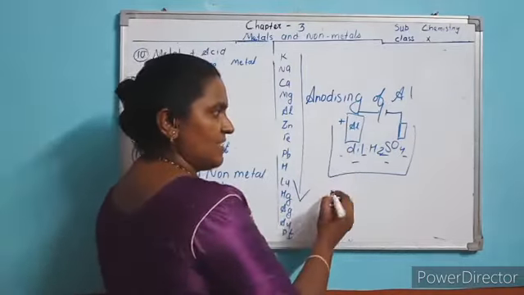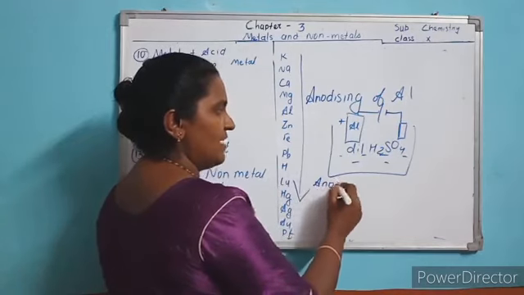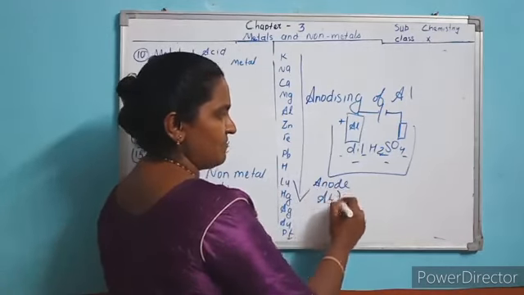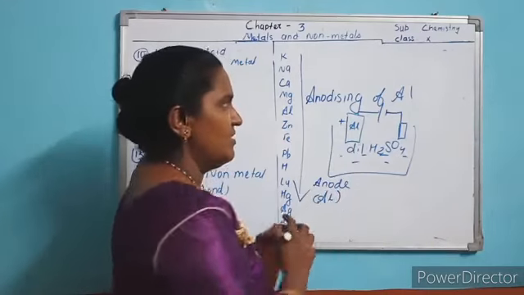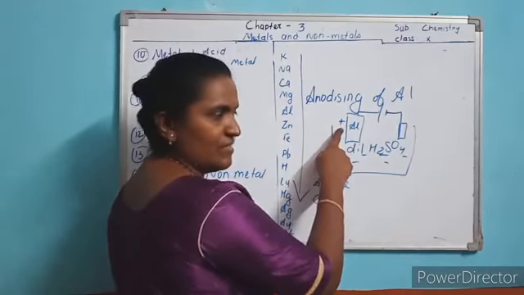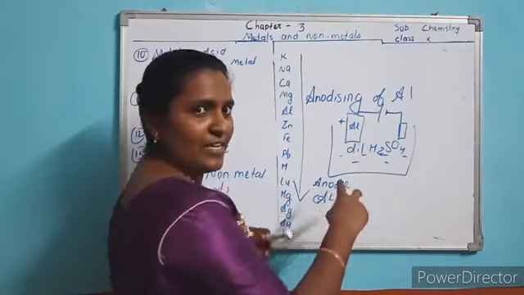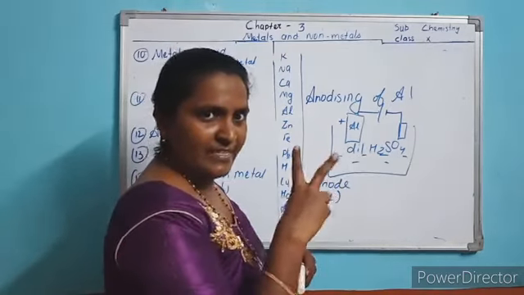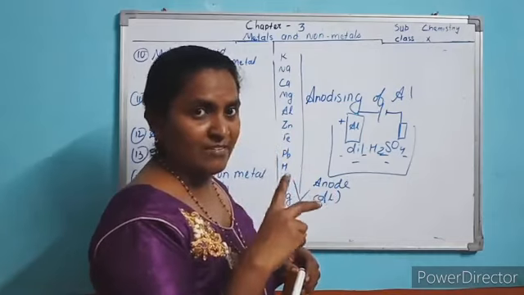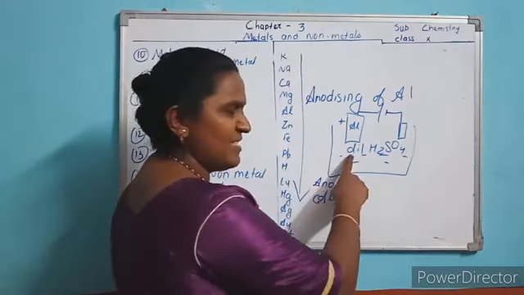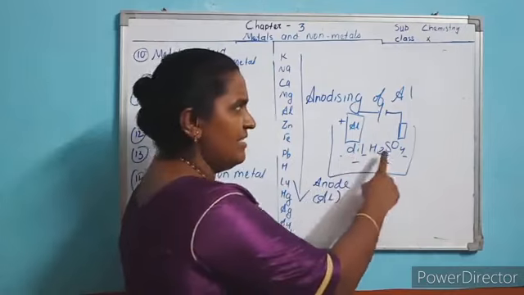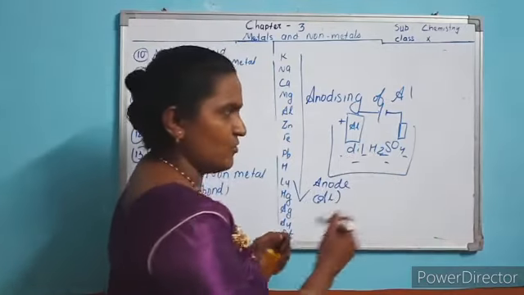Here when the battery is on, at the anode who is there? Aluminium is there, no? Yes or no? It is a plus rod. And here who are the ions present? Dilute sulfuric acid is an electrolyte. That means two types of electrolytes, two types of compounds, are there. One is dilute, meaning water is added, and sulfuric acid is also added. So two electrolytes,